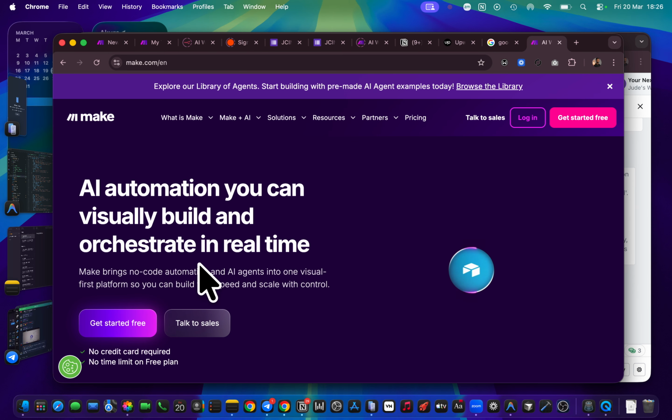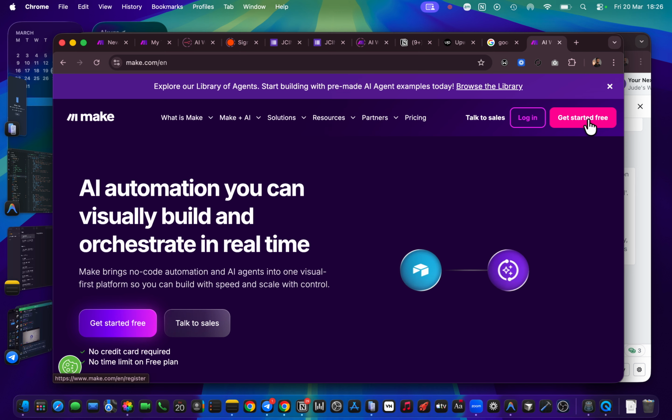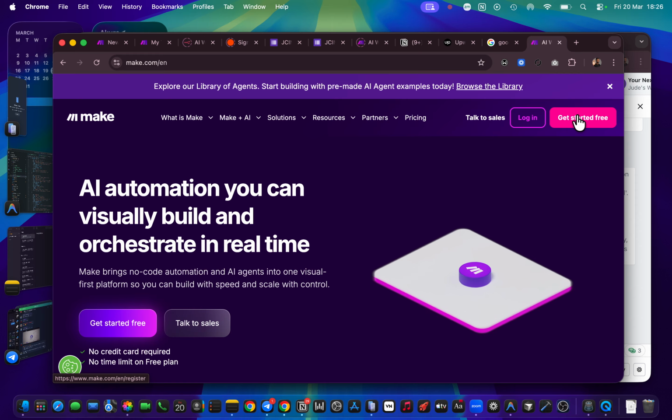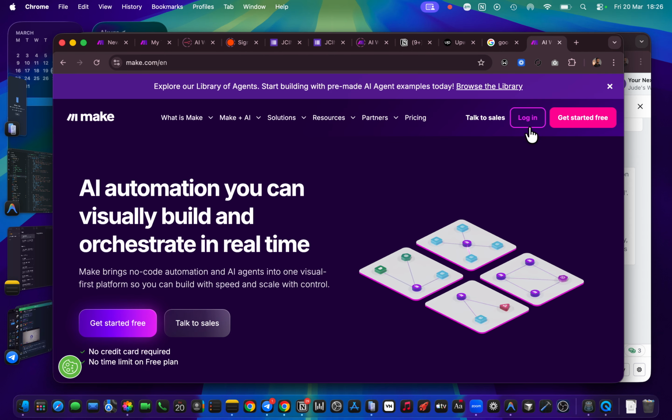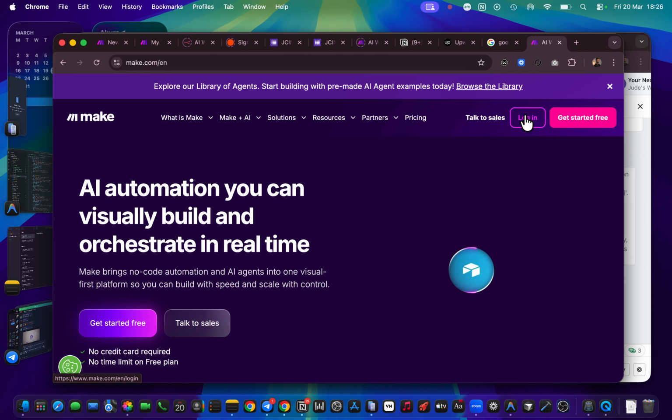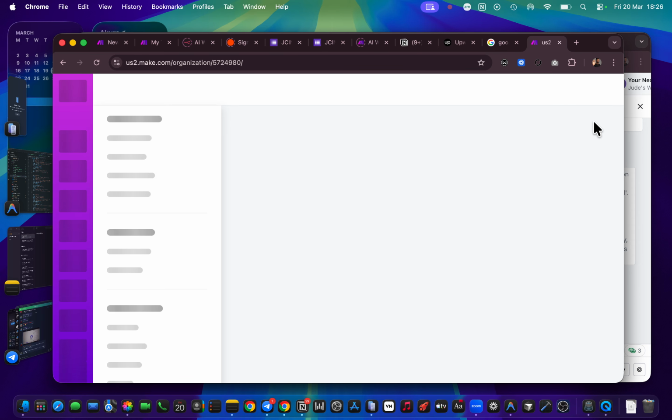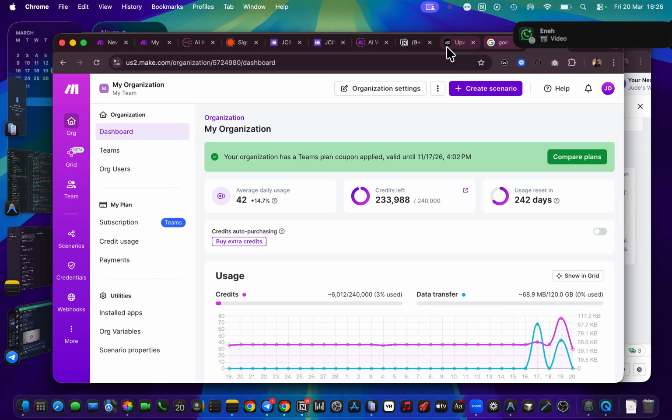So this is make.com. You can create an account by clicking get started. You will get sent to the onboarding phase where you input your email and set up the whole account. There's no mistake in doing that. In our own case, I've created the account before, so I want us to log in. When you log in to your account, this is what you are faced with.